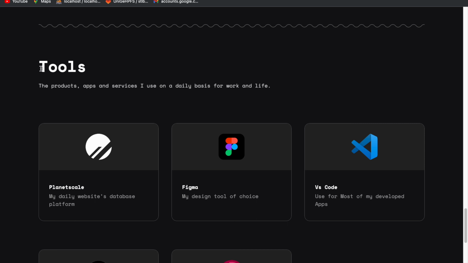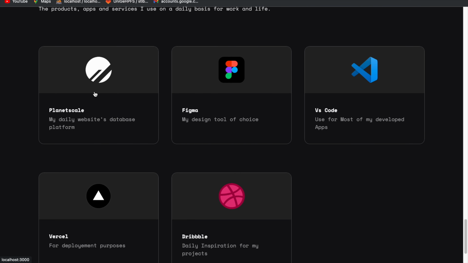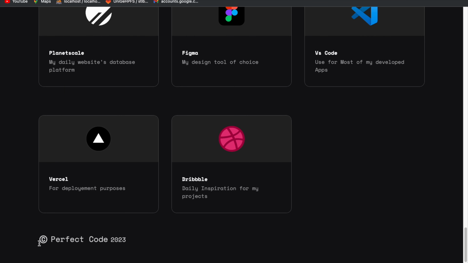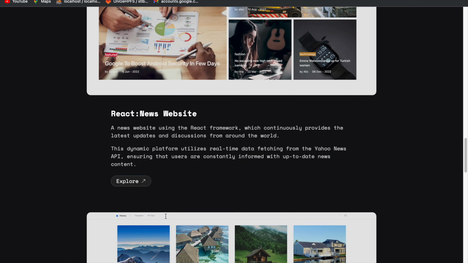After that, we are going to have a tools section with the tools you use on a daily basis. And lastly, we are going to have a copyright, or you can say footer section for our portfolio website.